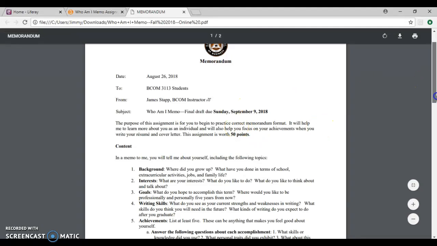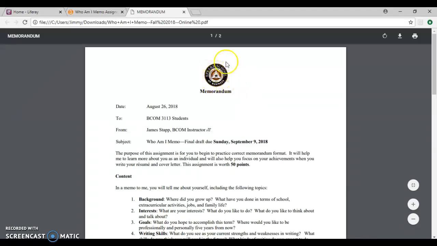So how do you format a memo? Well, first and foremost, you have to have a logo at the top. I have the Spear School. If you look closely at the instructions here, I don't want you to have the Spear School or OSU's. You have to create your own. Does that mean I want you to spend any time at all trying to graphic design some amazing thing? The answer to that, of course, is no.